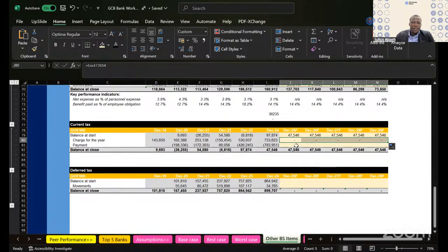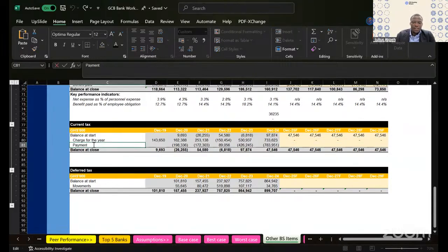And the payments for the year, I'll have to develop an assumption for payment. I can develop an assumption and say that the payment will be 75% of the opening balance and the charge for the year. So that's one assumption I can develop. And this one, let me just type it in here. 75%